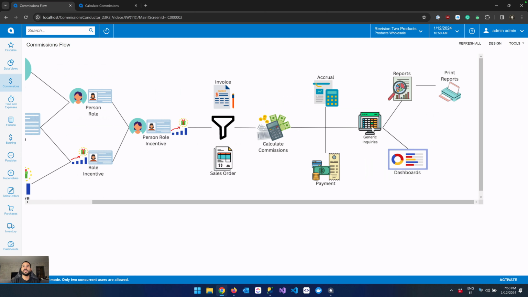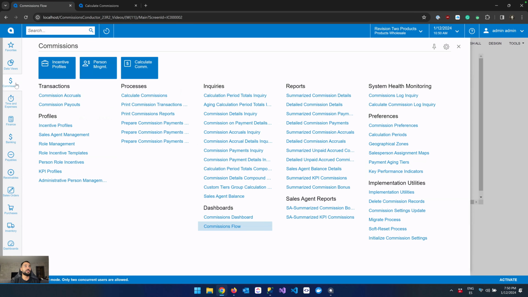Let's focus on the generic inquiries. If the user goes into the commissions menu, they are going to see an inquiry section. The different entries under the inquiry section are listed from a major to a